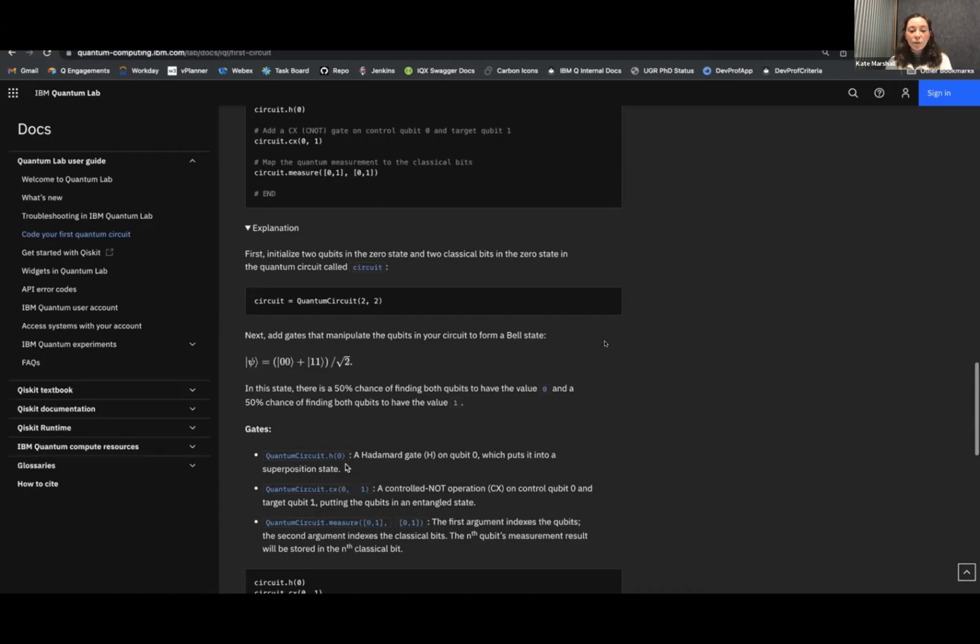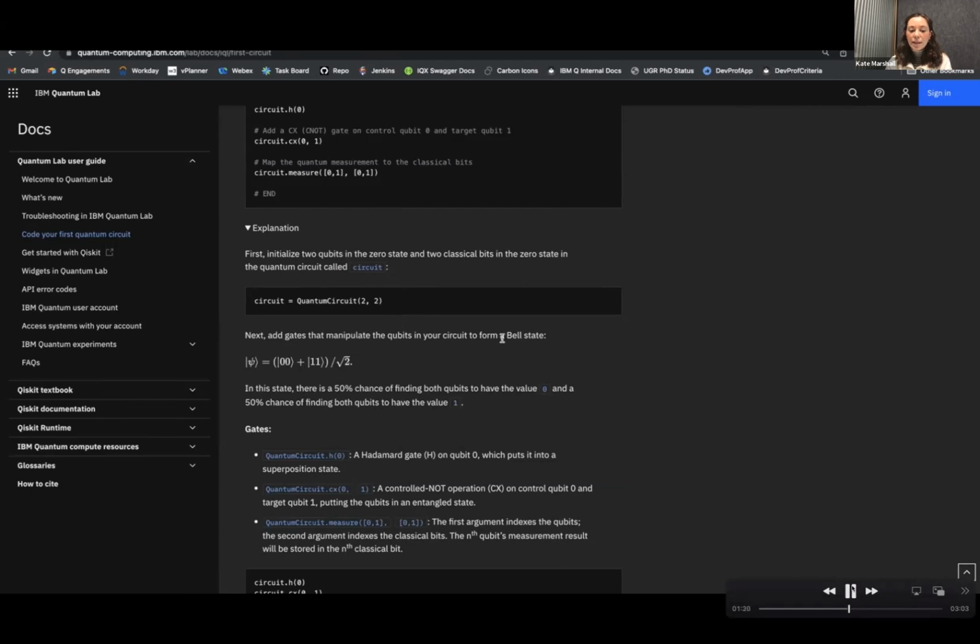But the main end goal here is to create something called the Bell state, which is a very simple or friendly experiment to show how measuring a quantum bit in a state of superposition is a probabilistic experiment, because when you measure the Bell state, there's a 50% chance of the qubits both assuming the value 0 and a 50% chance of both qubits assuming the value of 1. So a good demonstration of the probabilistic nature of measuring a qubit in a state of superposition dependent on the options that were generated at the time when you measured.